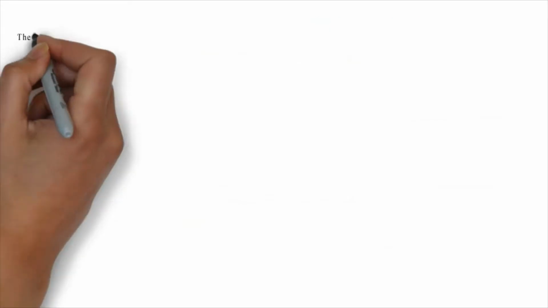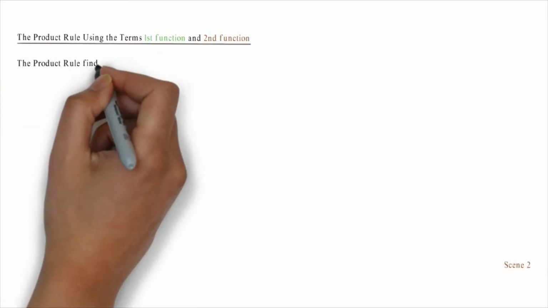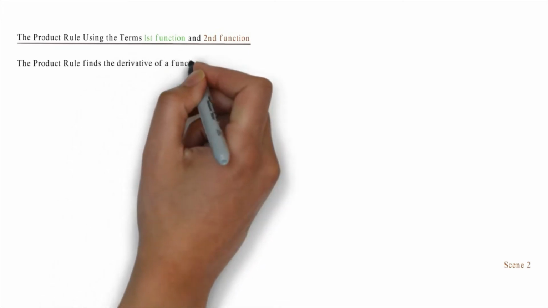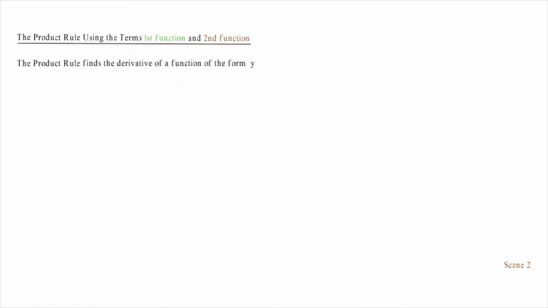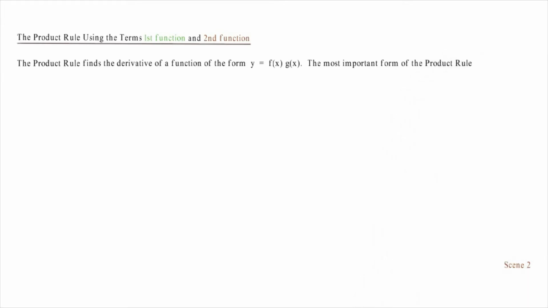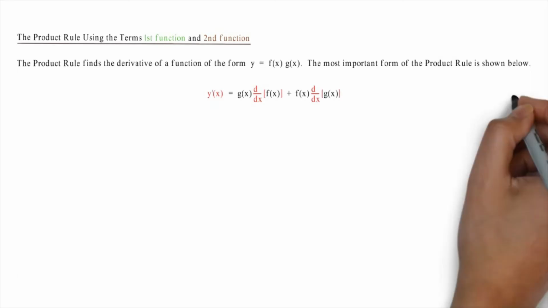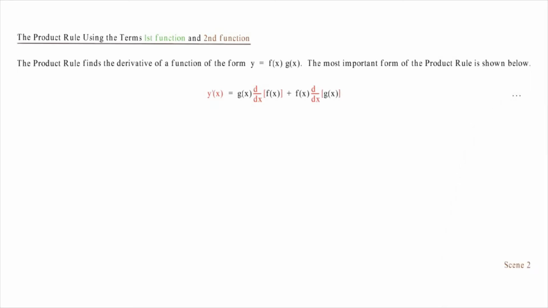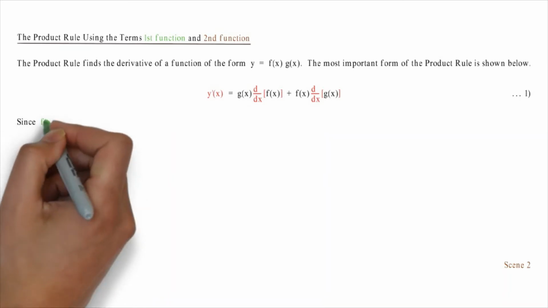The product rule, using the terms first function and second function. The product rule finds the derivative of a function of the form y equals f of x times g of x. The most important form of the product rule is shown below. Call this equation equation 1. Since f of x